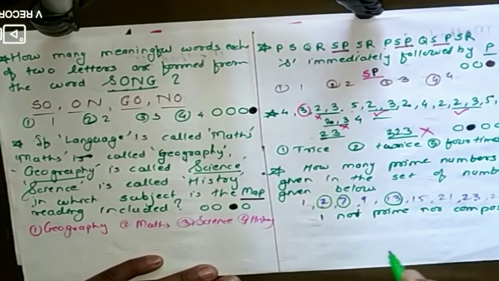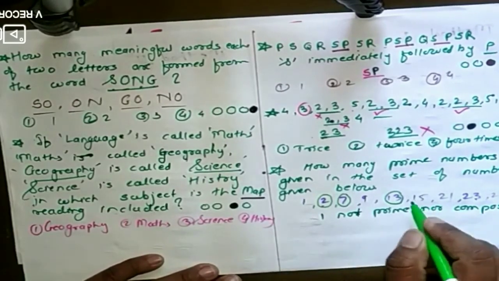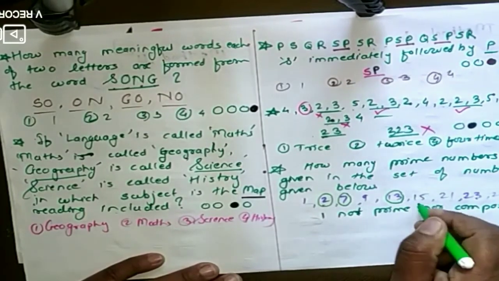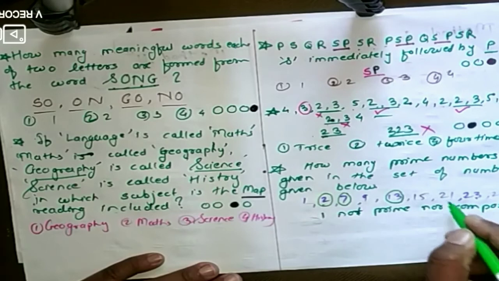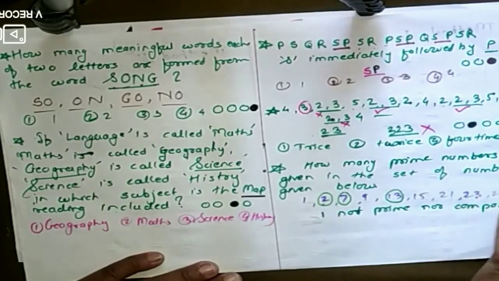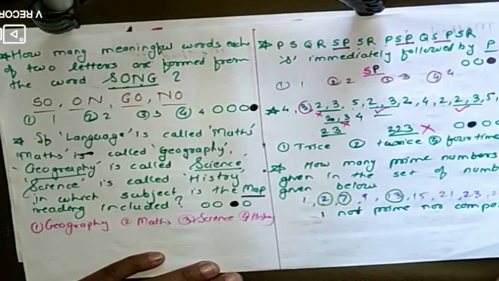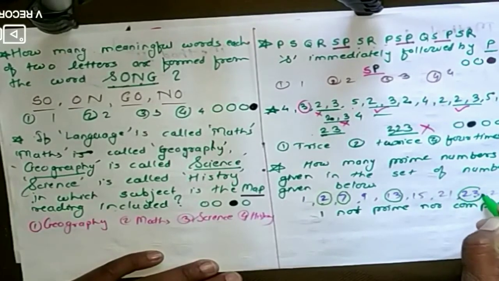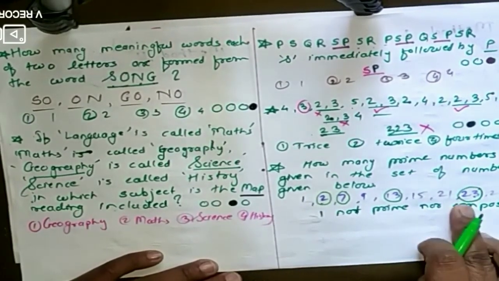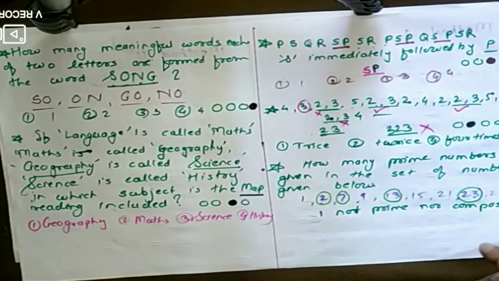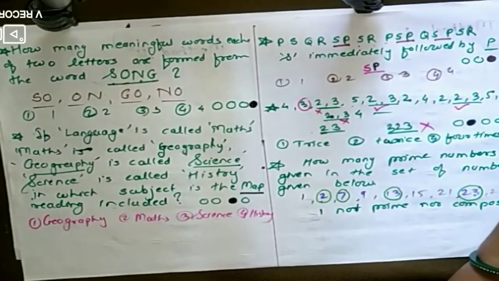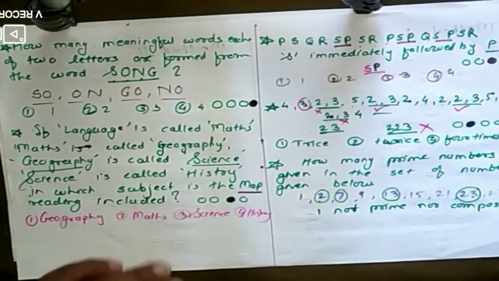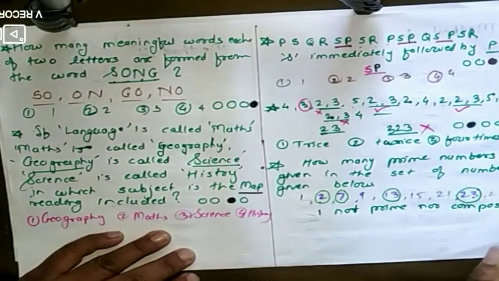It is an odd number. 13 is present in its own table only. 15 is present in the 3 table, 5 threes are 15, 3 fives are 15, 15 ones are 15. So it is present in more than one table. It is not a prime number. Next, 21 is present in the 3 table, 7 threes are 21, 3 sevens are 21, 21 ones are 21. So it is also present in more than one table. Next it is 23. It is present in its own table only. 27 is present in the 9 table, 3 nines are 27, 9 threes are 27, 27 ones are 27. So it is present in more than one table, so it is not prime. Last is 29. 29 is present in its own table.